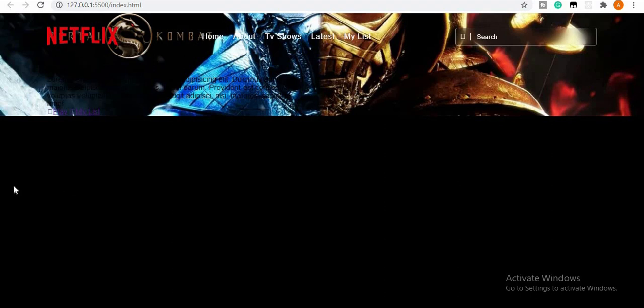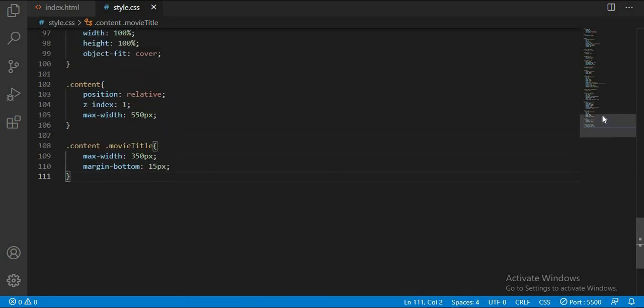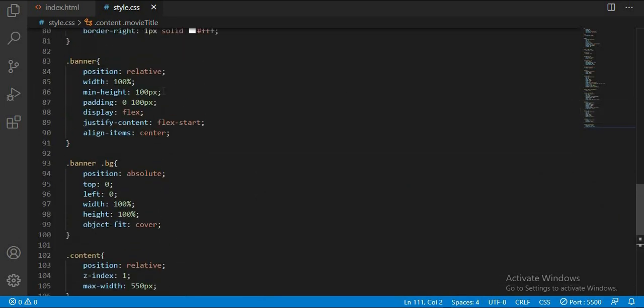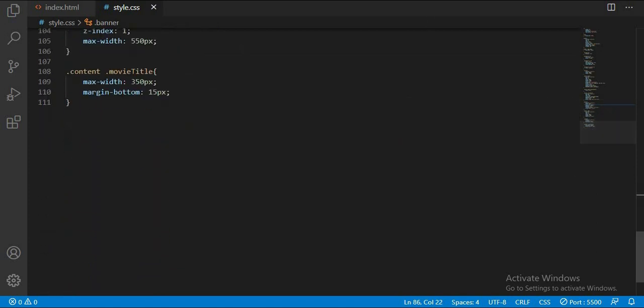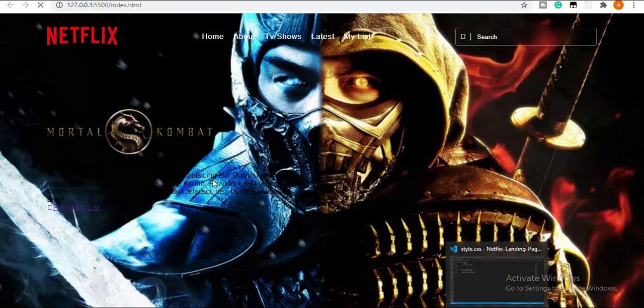Okay, so I'm noticing we have a bit of an error. Okay, so I think the error should be from, okay, over here should be 100 viewport height. So let's save this and check now. Okay,